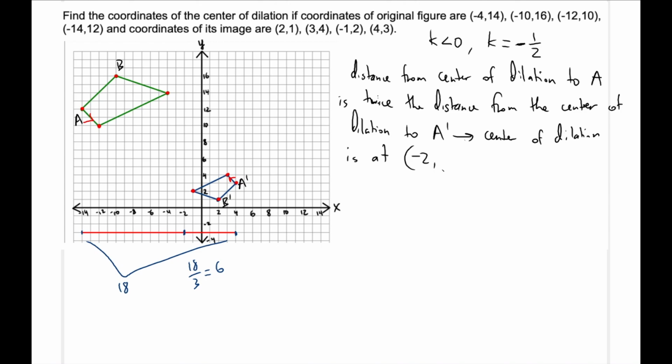Now the y-coordinate is done in a similar manner. Again, this time we're not going to use A and A prime. We're going to use the furthest vertical points, the furthest vertical vertices in the original figure and the image. So where is that? That's going to be B prime against B, right? So let's draw that line segment vertically. So we're going to draw it, let's say, from here